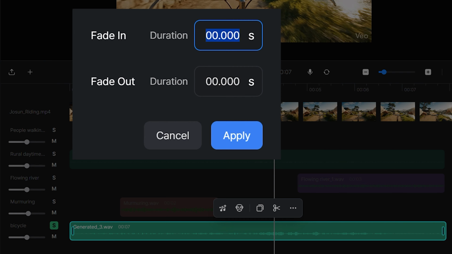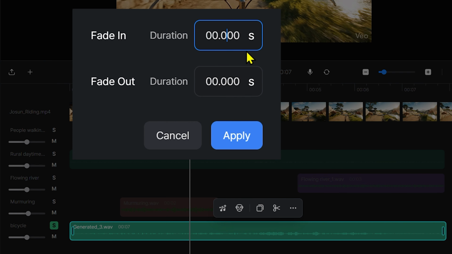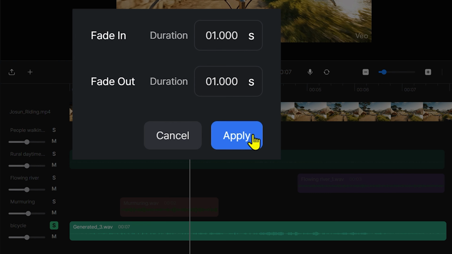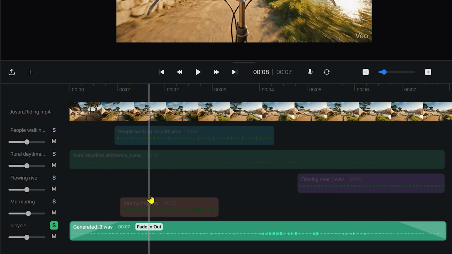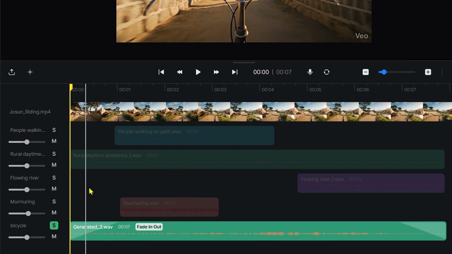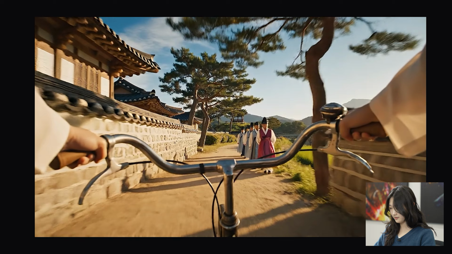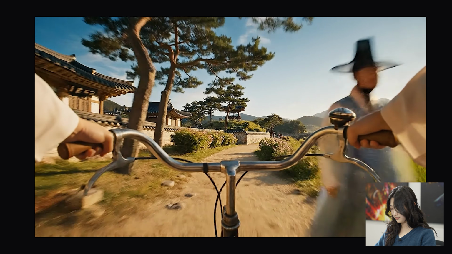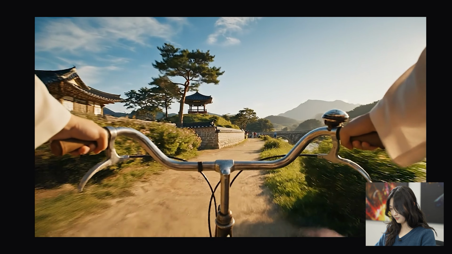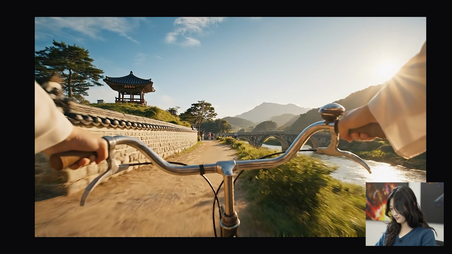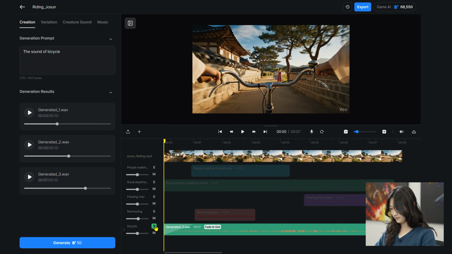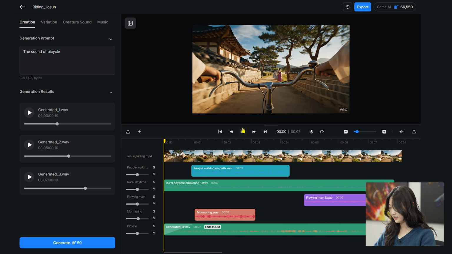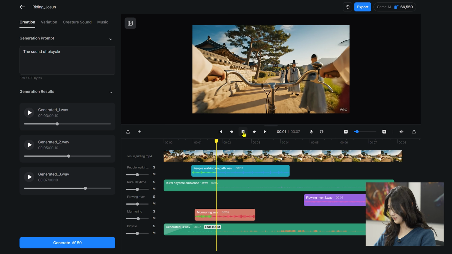And to make it smoother, I'll make a fade in and a fade out at the end, and at the start. And if I play it, good. And when I listen with all the other clips,